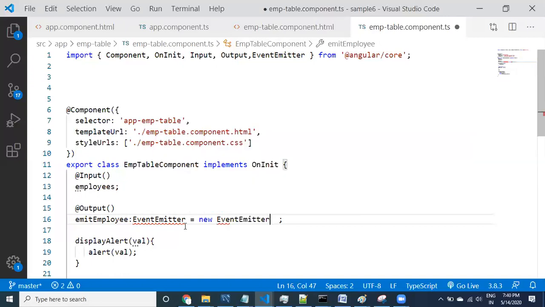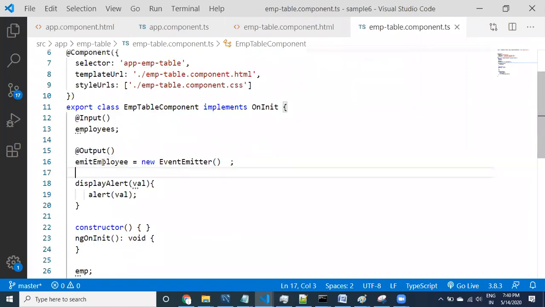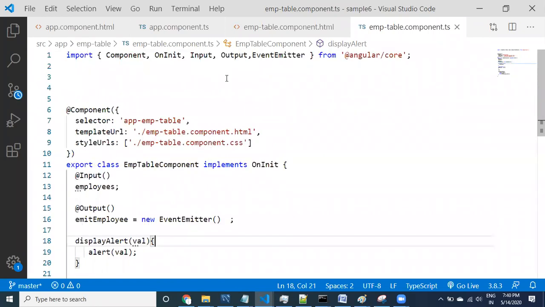Just let me finish it. You can provide like this, emit employee. And see here guys, I just changed the type. It was in a different package. You have to take it from the Angular core package. Let us look at it guys, where it is.